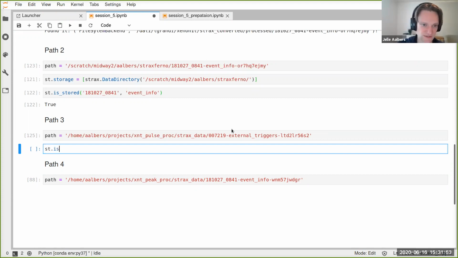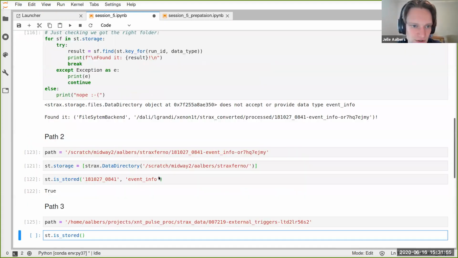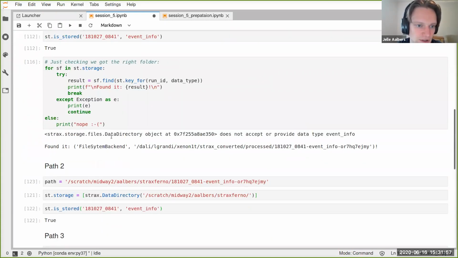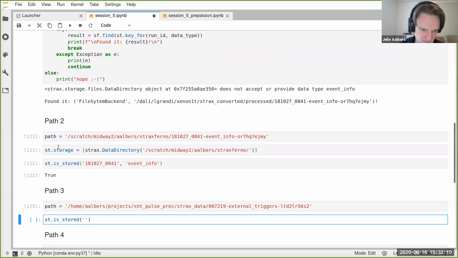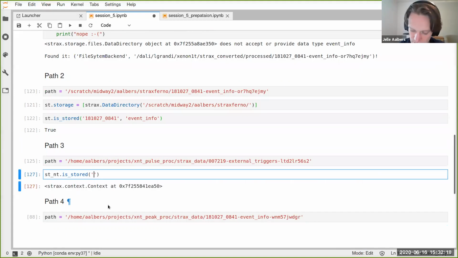Okay, let's check that. Let's load the original context again, otherwise it won't work. So which run would you like? It's probably the Anton context which you want to use. Okay, let's use Anton context. Is stored. Okay.